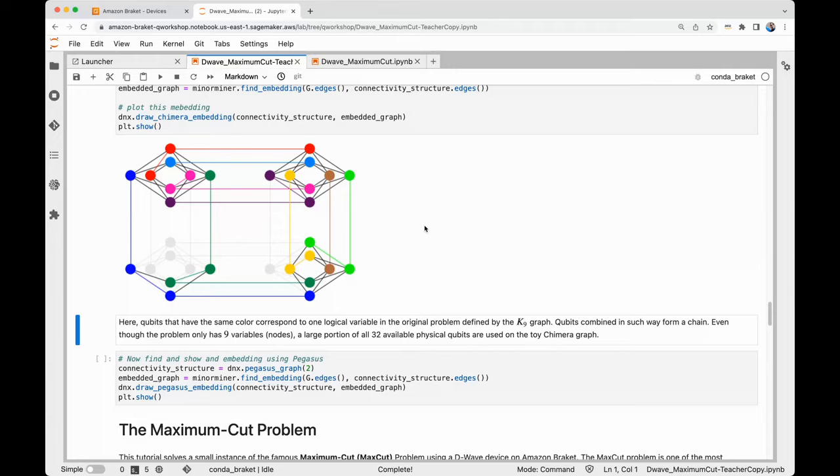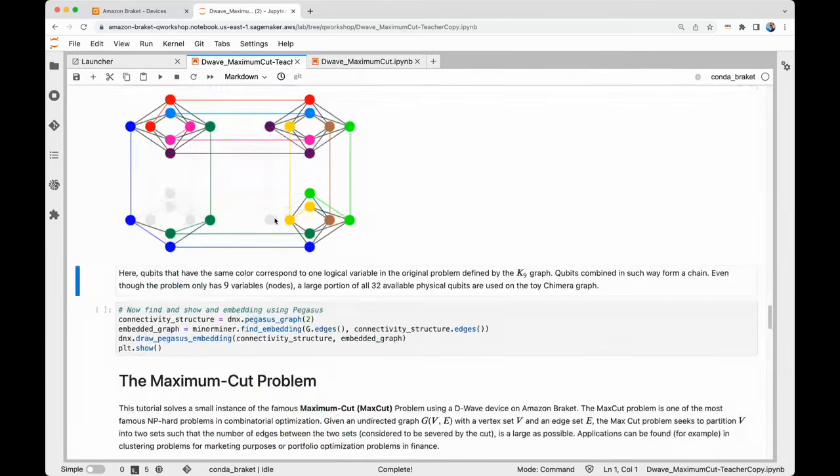So this is actually a really hard problem that minor solves for us, mapping the nodes of our graph to the graphs on the QPU device. All right, so let's just go through that again. The different colors here, and I apologize if anyone has difficulty seeing different colors, represent a single node of our initial graph,